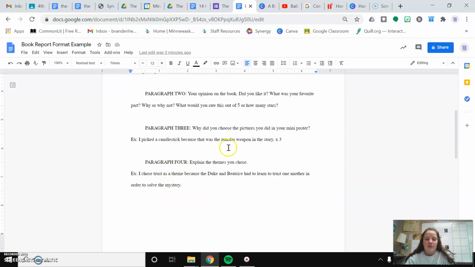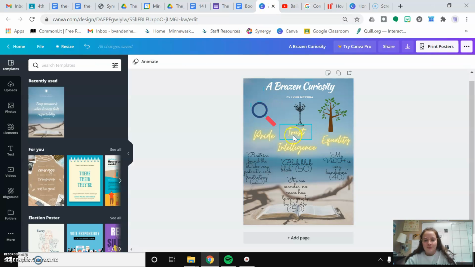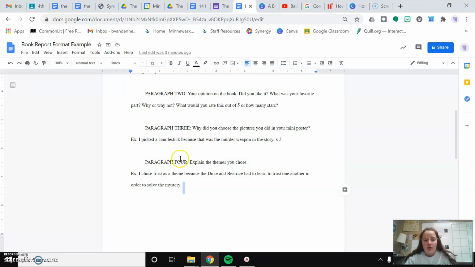Done. Now it's time for my last paragraph. Why did I pick these themes? So the first theme I chose was trust because the Duke and Beatrice, the main character, had to learn to trust one another in order to solve this mystery. So I put trust here. And then in the next sentence, I would write, I chose pride as a theme because